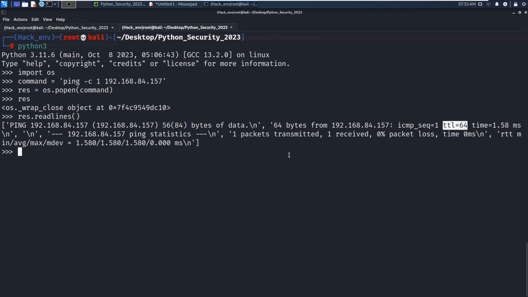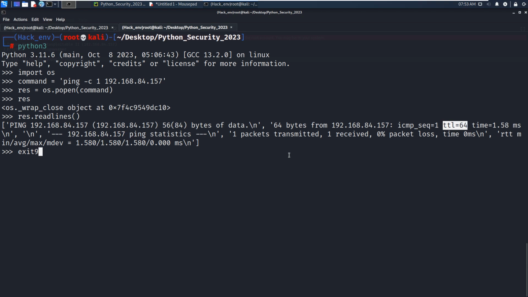So we can utilize this as a signature to differentiate between offline and online hosts. Okay, so now we already know how the popen method works when we use it to check reachability.